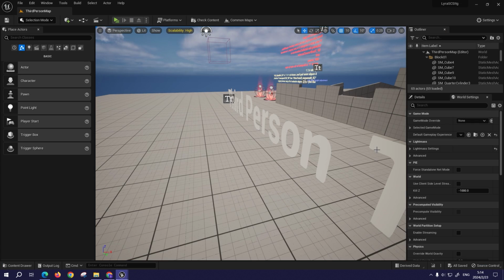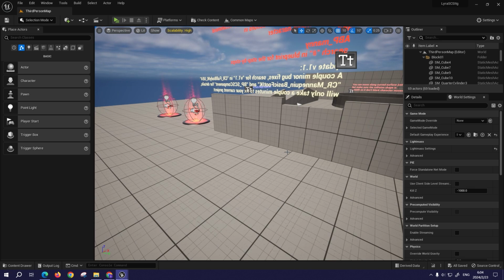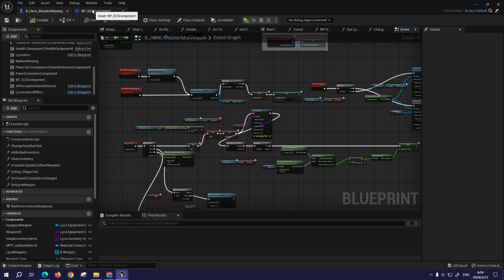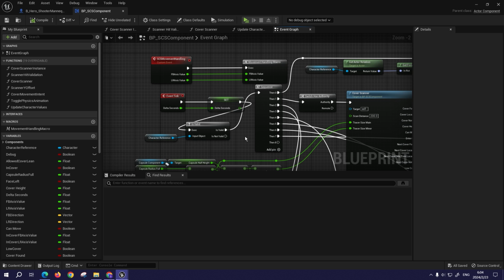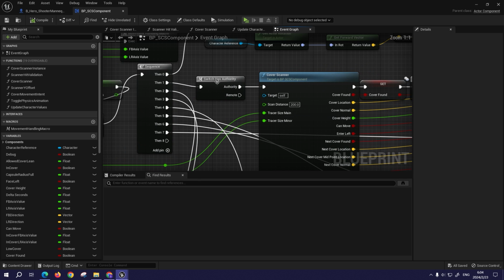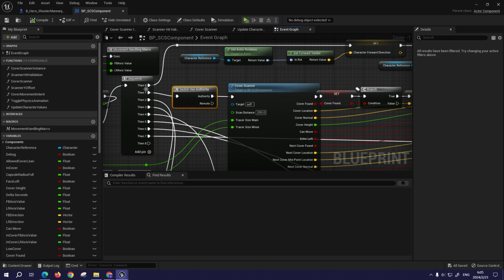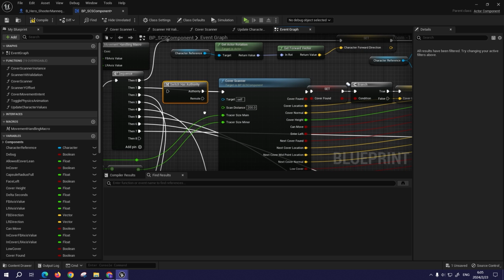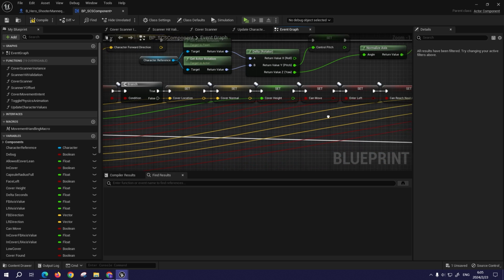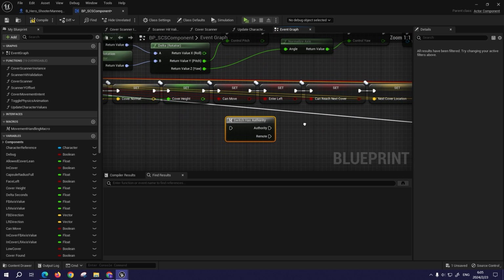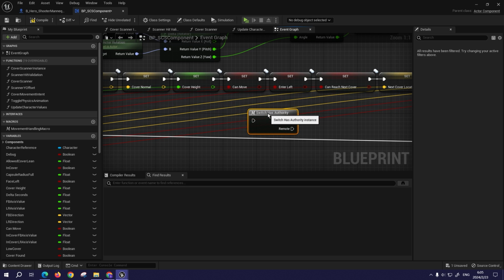Anyway, to fix our problem, we can change some setups in the SCS component. At Agent tick, we can see by default we are skipping this calculations on the remote side, waiting on server to replicate these values to our proxy. Let's change this up a little. Skip this switch has authority, but make another one here before enter left. If on the server side we set this enter left value, if on the remote side,